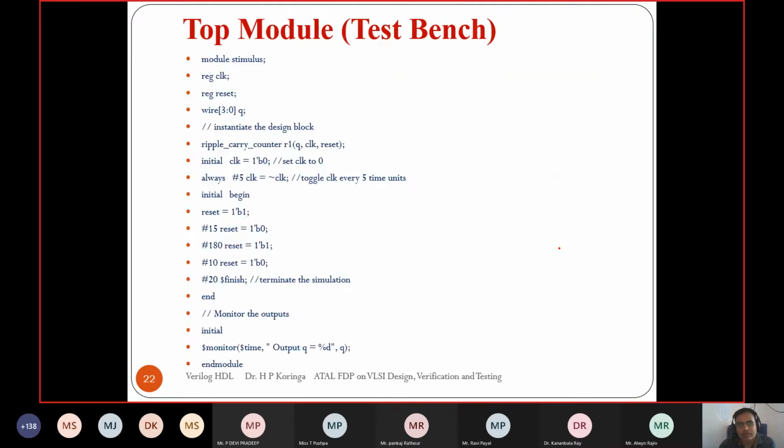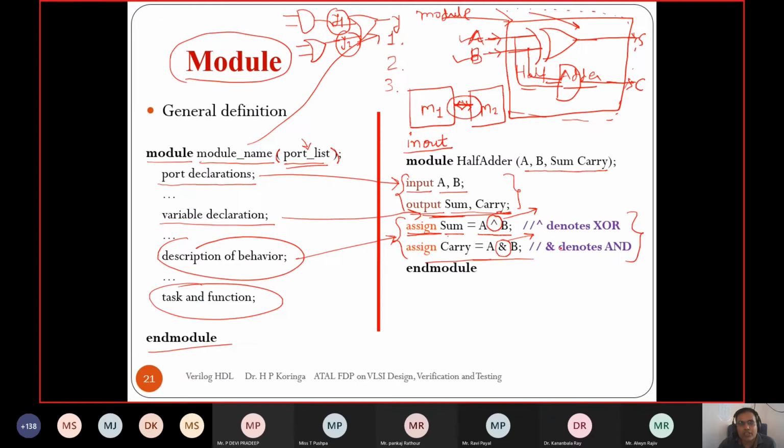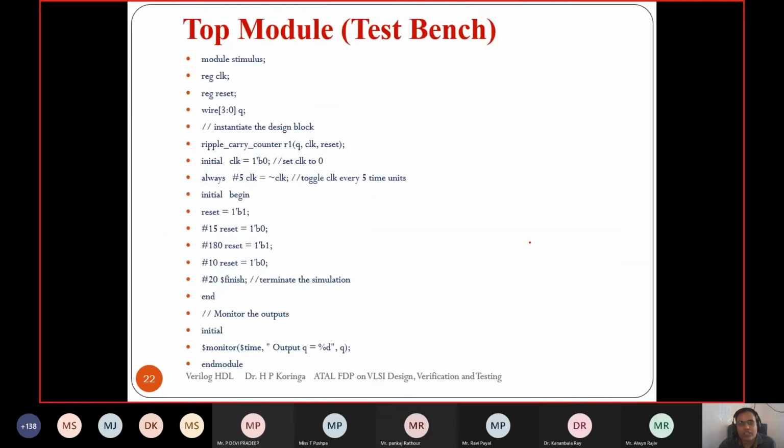Okay, now here I have taken the example we have taken for the implementation of a 4-bit ripple carry adder. We have seen how to implement it using the top-down design methodology, and here I have written a test bench for it. The intention is to explain what the structure of a test bench is. Whatever we have seen previously is the structure of a design, the DUT. Similarly, now the structure of any test bench.